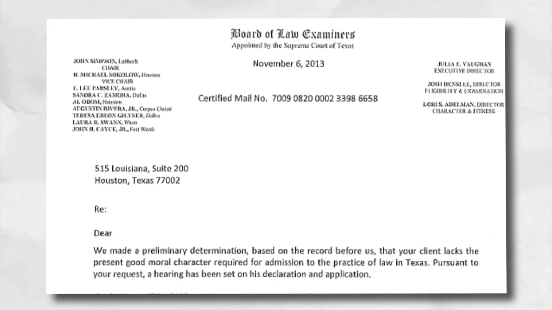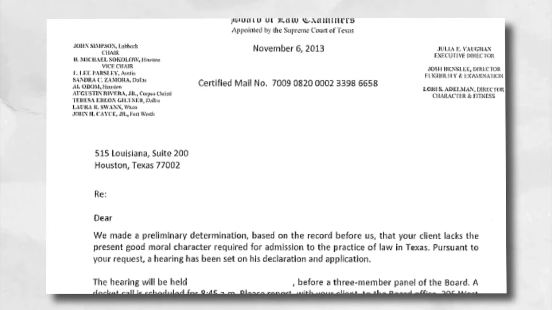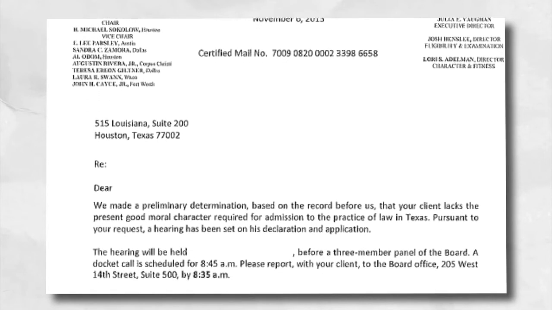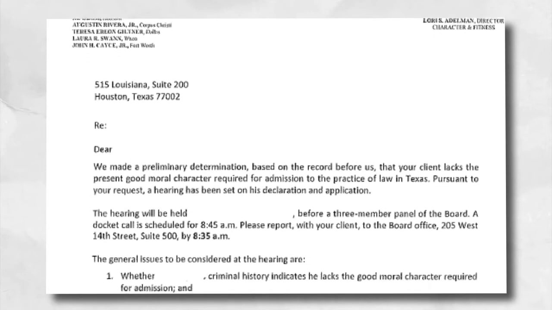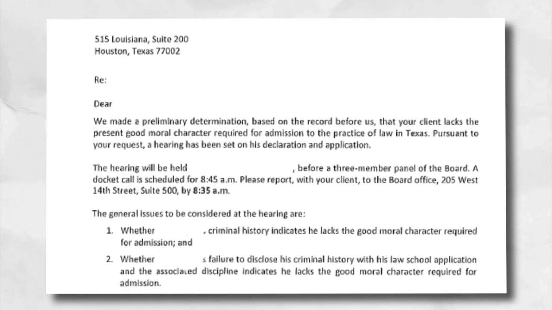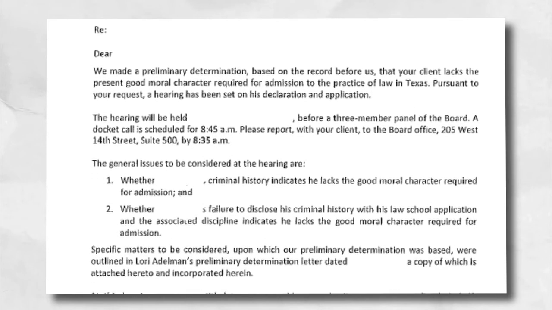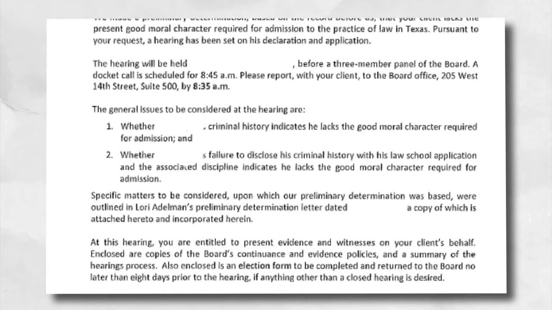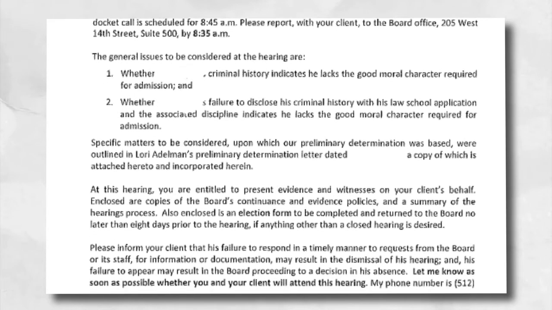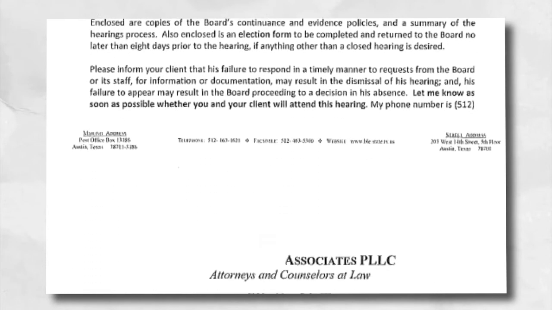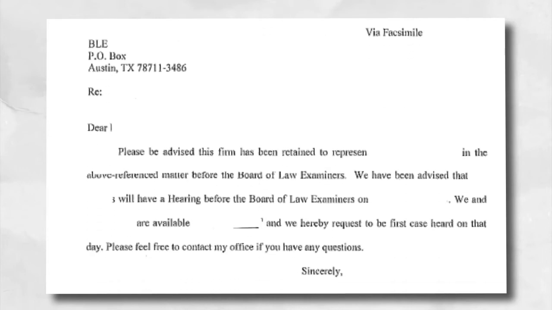The fourth document in this series is what we call the Board of Law Examiners hearing setting document, and it tells you if you're going to have a hearing, when that will be. And you need to be sure that you look at those dates, look at what is required, and respond to that document. The fifth document is what has been sent out as the notice letter, or the letter that's used to notify the board, if you're going to use an attorney, that you have an attorney, and the board needs to know that.